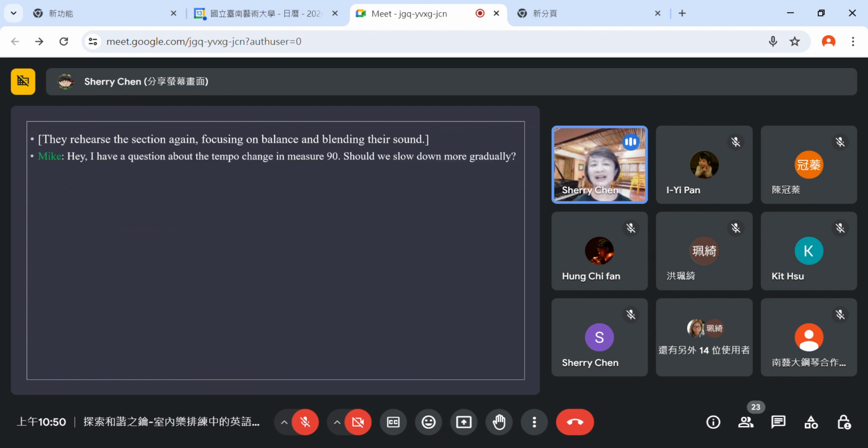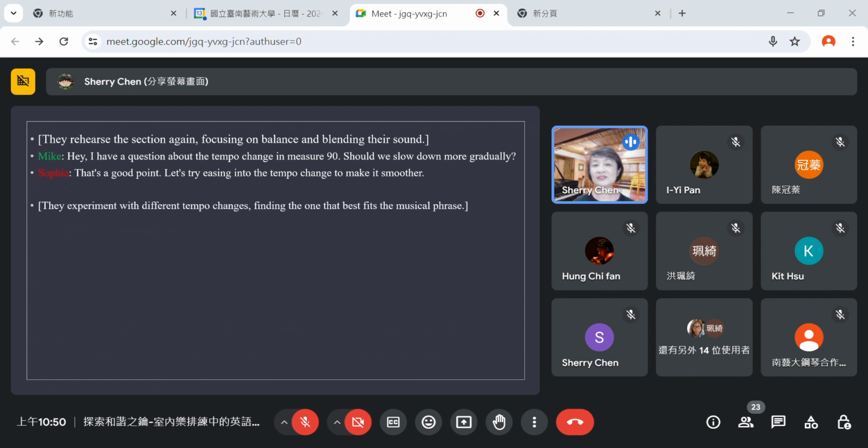Mike says, hey, I have a question about the tempo change in measure 90. Should we slow down more gradually? He's asking whether measure 90 should have a more gradual ritardando. Sophia says, that's a good point. Let's try easing into the tempo change to make it smoother. They experiment with different tempo changes, finding the one that best fits the musical